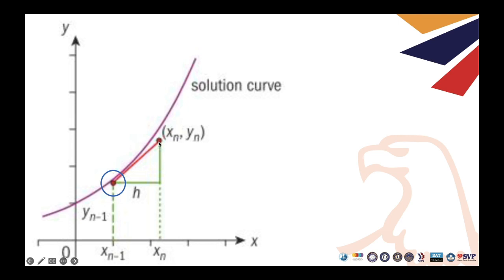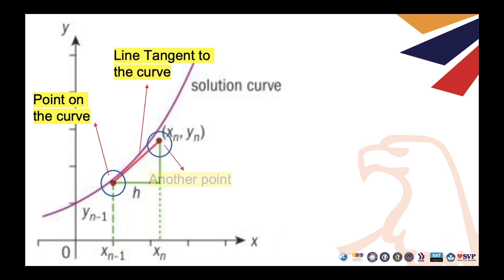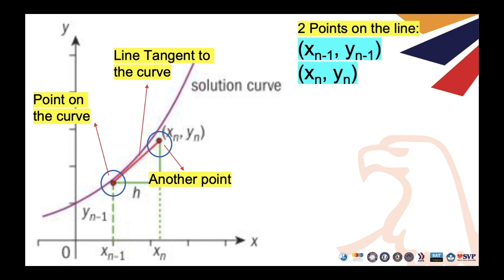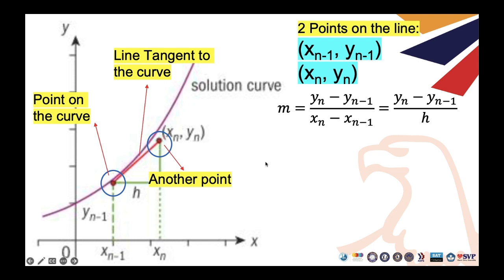Now, since this point is to the right of this chosen point, let's call it x sub n, y sub n. And the point which is before that is your x sub n minus 1, y sub n minus 1. So from here, since this is a line, we can actually get its slope. This is the point on the curve, this is the line tangent to the curve, and this is another point on the line. So we can get its slope using the 2 points on the line, using the formula change in y over change in x,